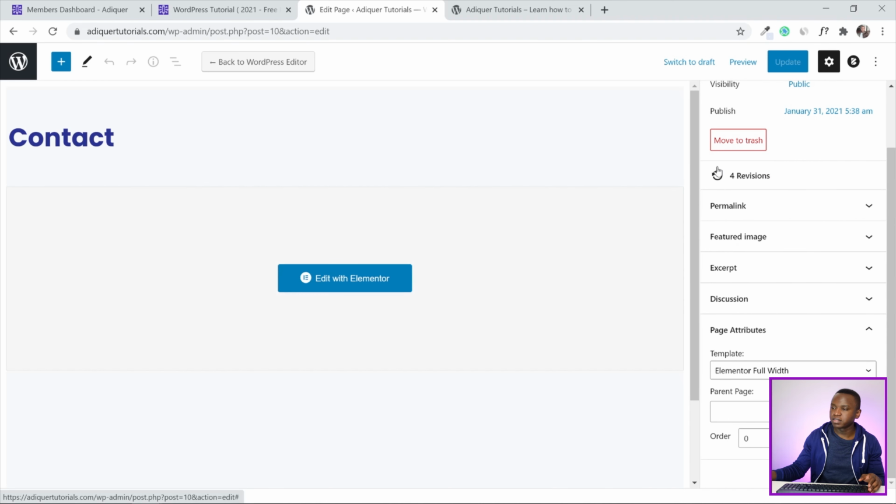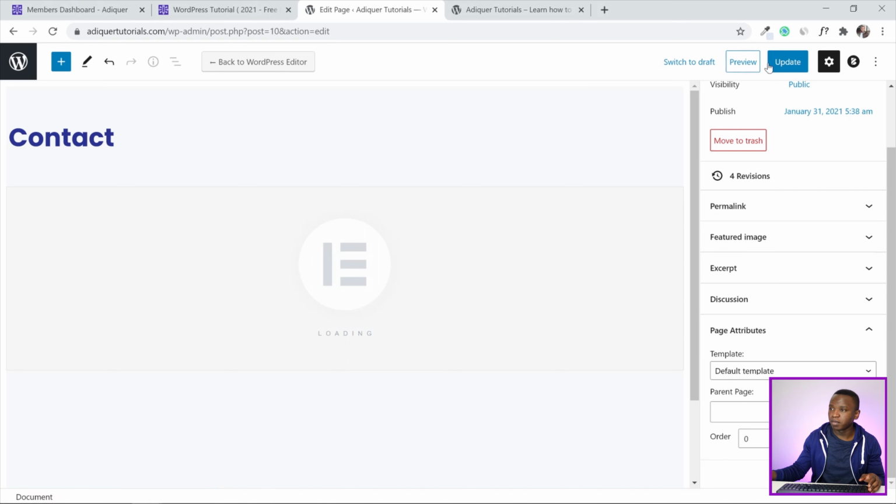Now, here's the thing, right? You see this page attributes over here. There is a template here and it says Elementor full width. Yours by default is going to be on the default template here, and I'm going to say update, right? So your contact page is going to be on default template here. And if it's on default template and we want to edit with Elementor, if I